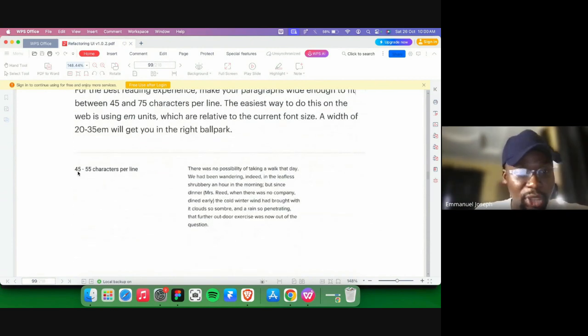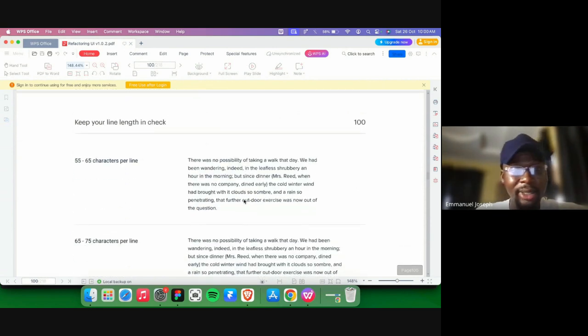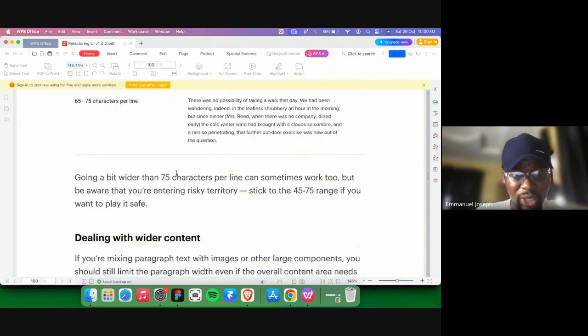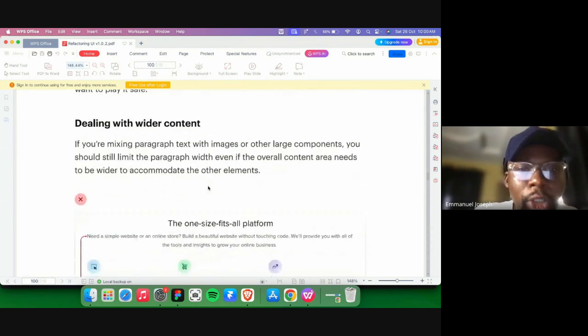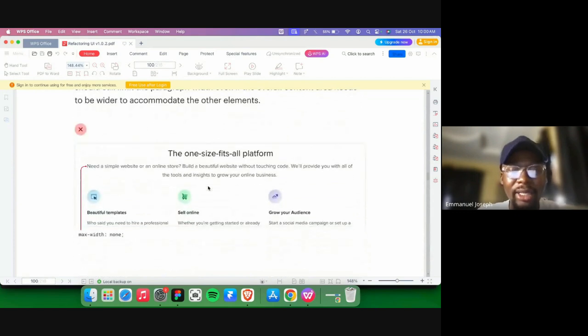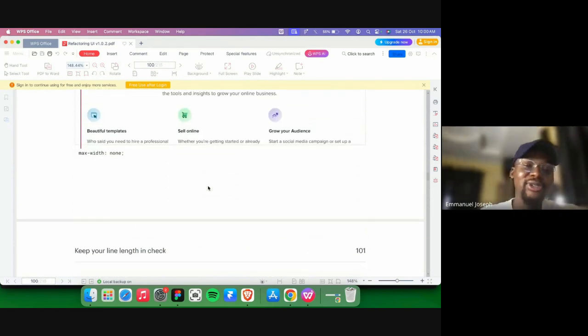So we could see that 40 to 45 characters per line, 60, you could see the differences. So 75 characters per line can sometimes work, but make sure you stick between the 45 to 75 range in terms of characters per line. And that is like 450 pixels to 750 pixels for those that might be confused. So when you are dealing with wider content, all of that, just go